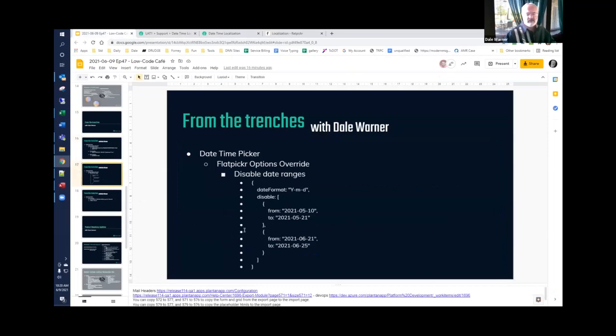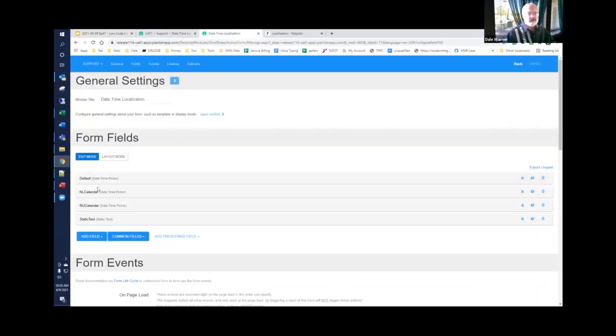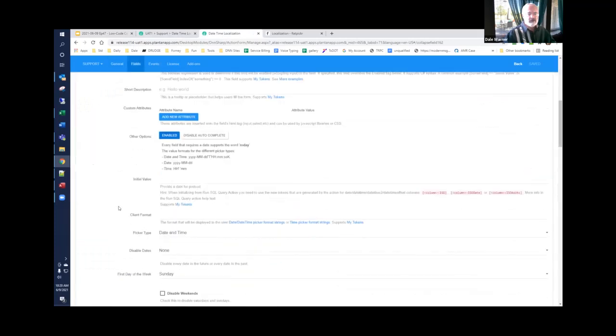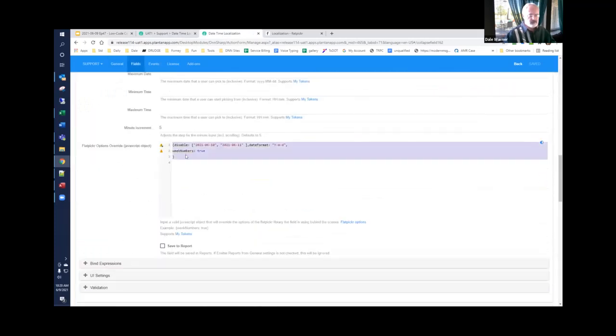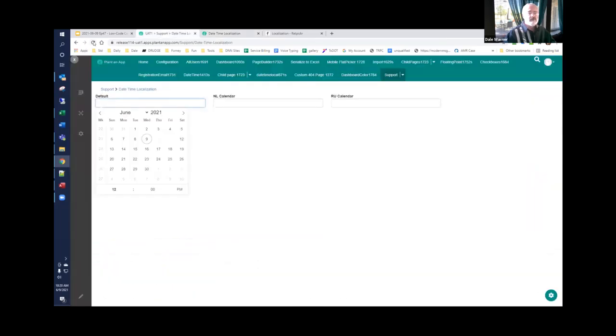If you wanted to disable a date range, for example, we're going to disable from May 10th to the 21st, June 21st to the 25th. Just pull out two ranges from your calendar to disable. We can come into our default calendar, and this time I'm just going to completely overwrite this and paste in this code to disable those two ranges, so that when we refresh,